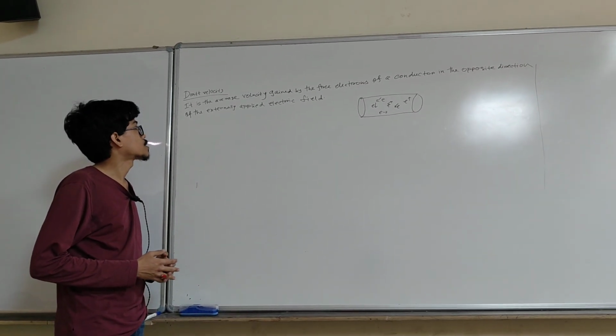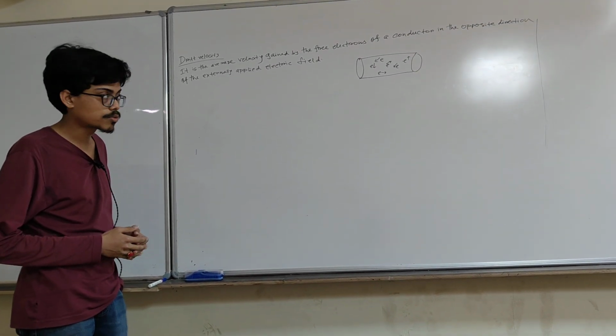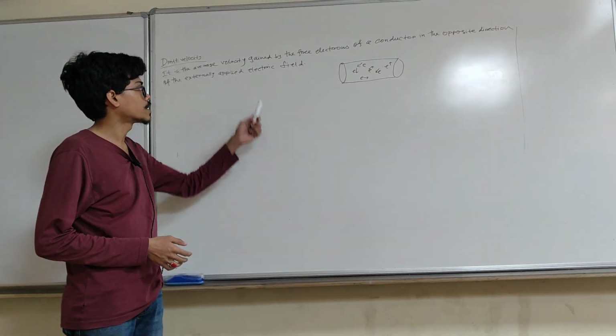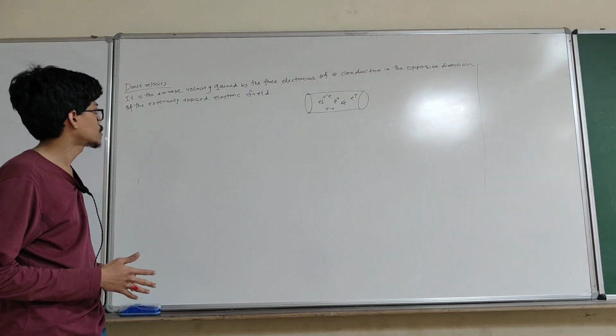Students, today we will study drift velocity from current electricity of physics class 12. So what is drift velocity? It is the average velocity gained by the free electrons of a conductor in the opposite direction of the externally applied electric